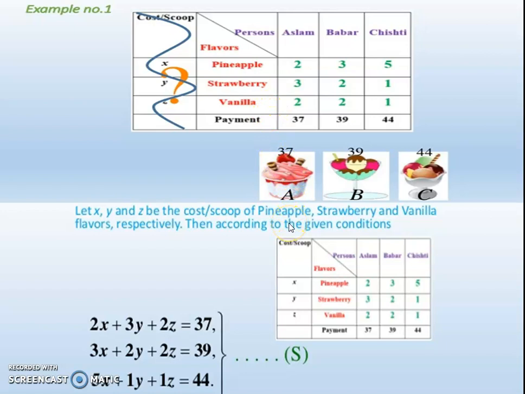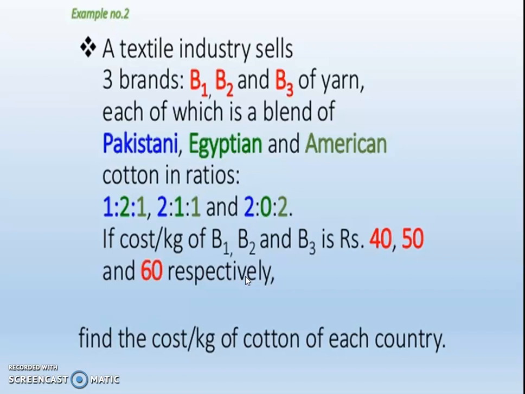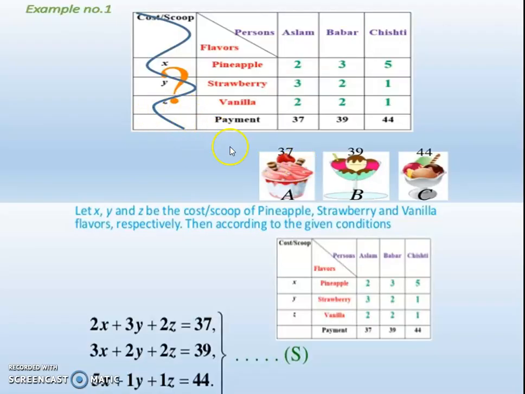Each determinant is useful in real life examples. This is also your assignment question. You must find the answers to both questions. First I gave the textile industry example. Second, your favorite example, the vanilla ice cream, pineapple ice cream and strawberry, all your favorites. So you must find D, dx, dy, dz, and use x is equal to dx upon d, y is equal to dy by d, and